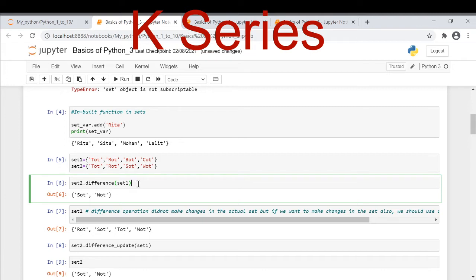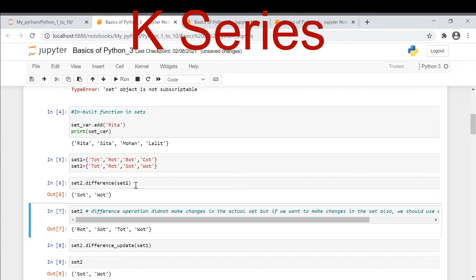Which are these? Like difference, union, intersection, you can use them. See here, I have taken the difference operation here, set 2 dot difference of set 1. Now what exactly will it give me? It is subtracting the elements of set 1 from set 2. Tot will be removed, rot will be removed, but I will remain with sort and what. See here, sort and what.